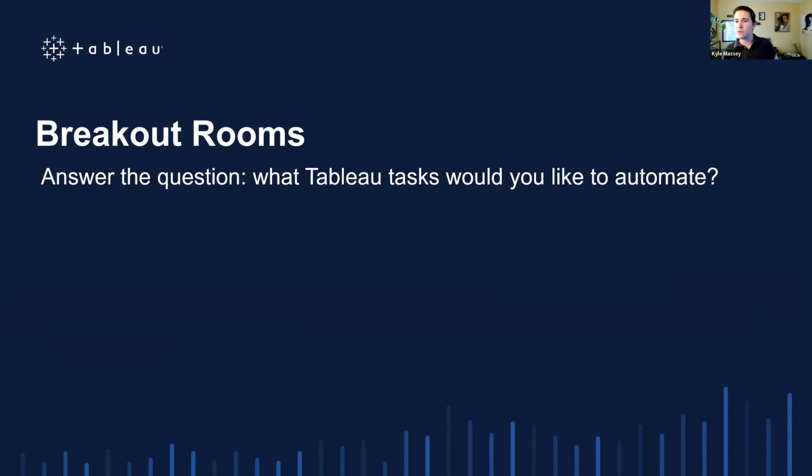Automatically setting up subscriptions to mirror someone else's. You could do this. You'd have to get a little creative here and probably find the schedule that you want to emulate, then copy its details and create another one. But again, totally doable. Adding favorites for people? That one, I don't know. I would have to look into that one.